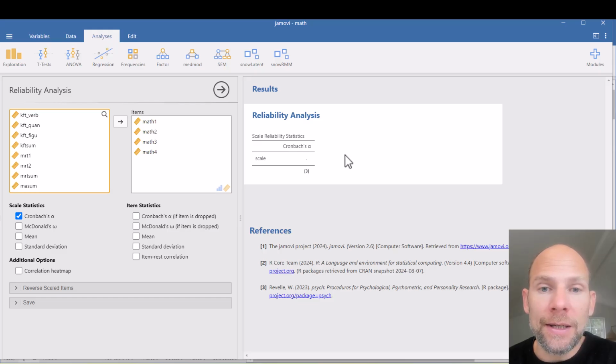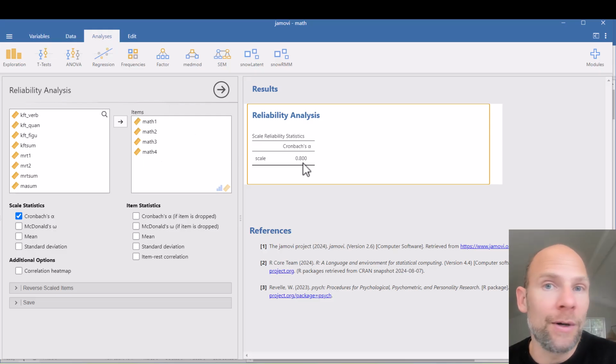And then you can see in the output window already we have Cronbach's alpha, which will then be calculated by Jamovi across those 4 items. So it's very straightforward. It's just a single number that you get, Cronbach's alpha 0.8. Now, Cronbach's alpha may not be ideal here, and generally you have to be cautious with Cronbach's alpha